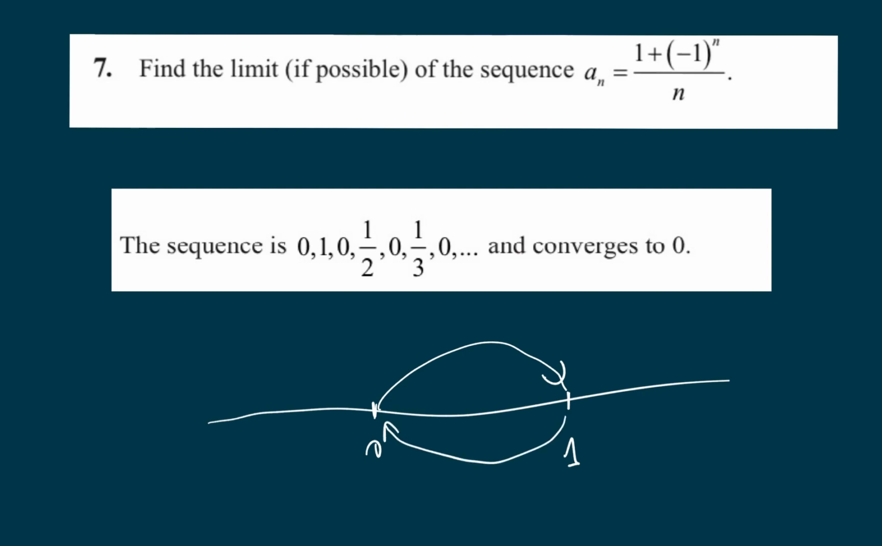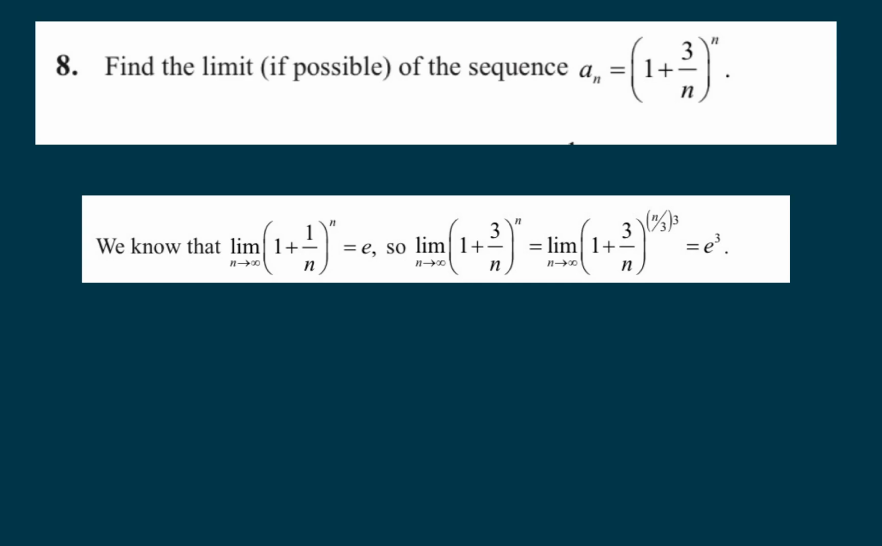Now from 0 to 1 half. From 1/2 to 0 again. Now from 0 to 1/3. From 1/3 to 0 again. Now from 0 to 1/4. From 1/4 to 0. So after infinite jumps, the term a sub n will end at 0, so it will converge to 0. Okay, now find the limit of 1 plus 3 divided by n